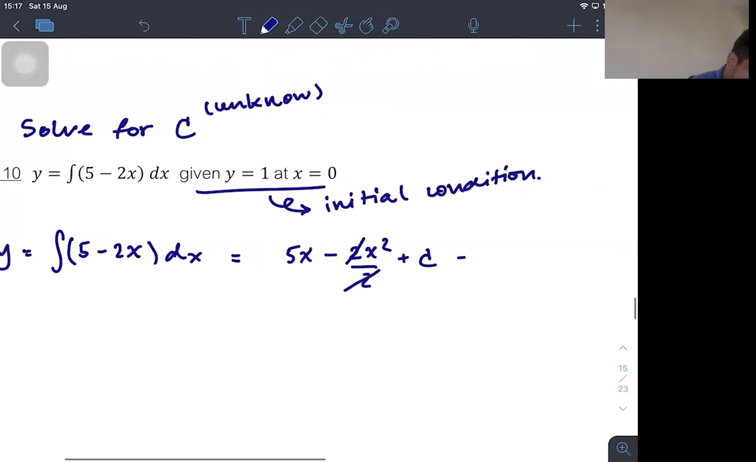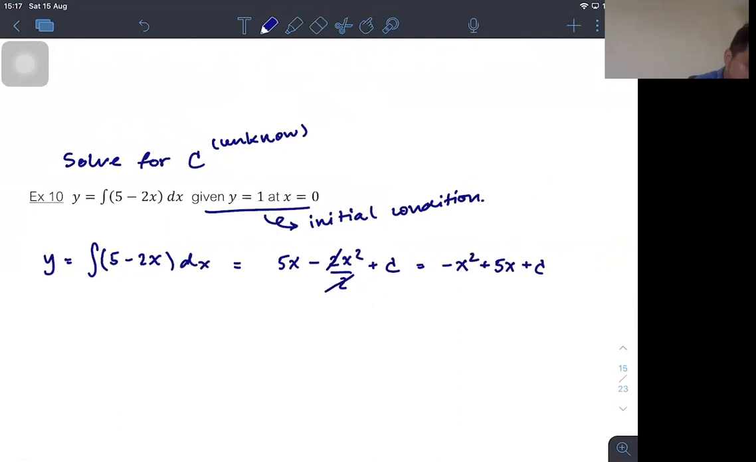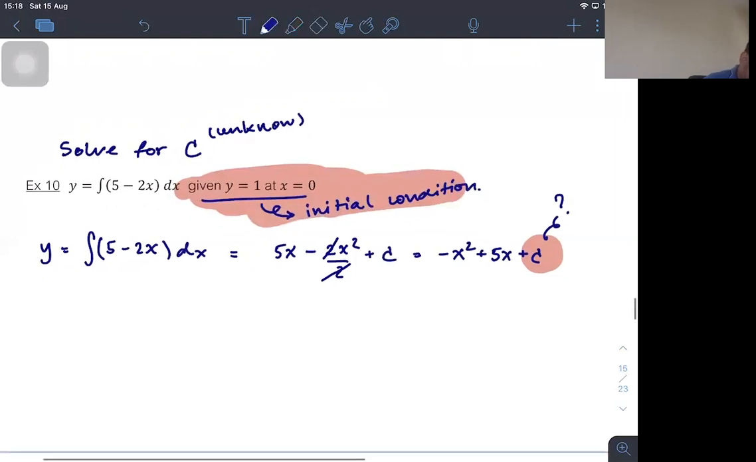So we have something like minus x squared plus 5x plus c for this integral, but we actually don't know the value of c, right? In order to know this, we should apply this initial condition. If they say that y equals 1 at x equals 0, this means that y at x equals 0, or y(0), is actually